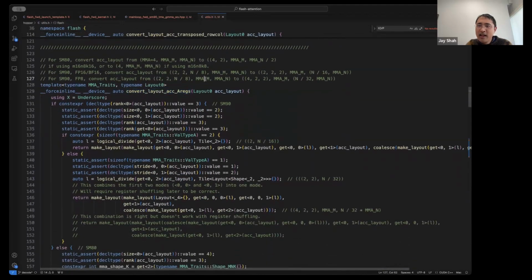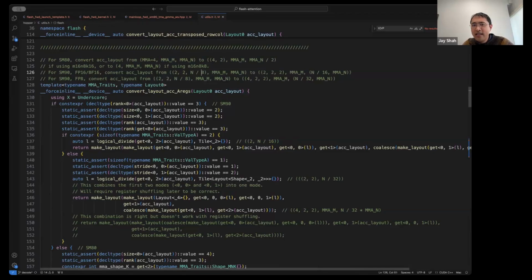So what am I doing here? I want to highlight this line here. This here is going to be the layout for TSRS as an accumulator. And it looks a bit funny.